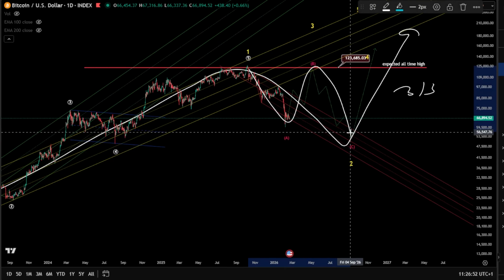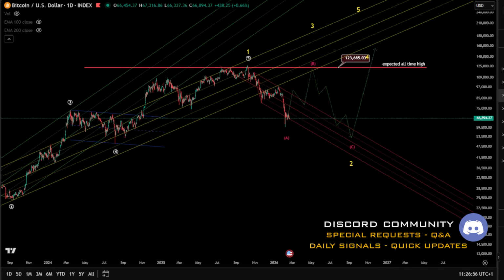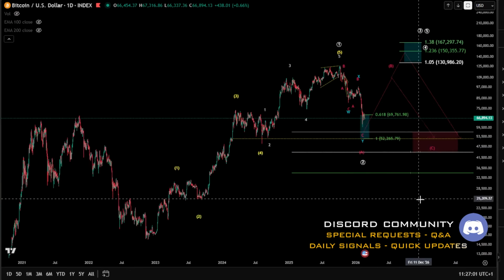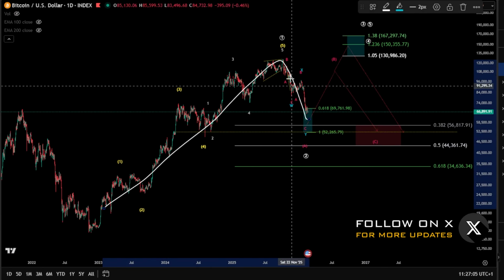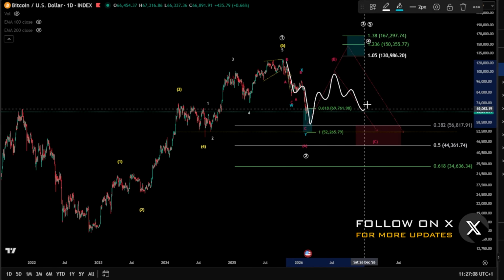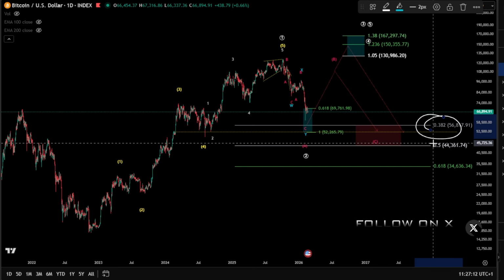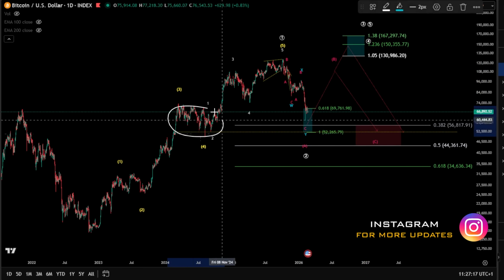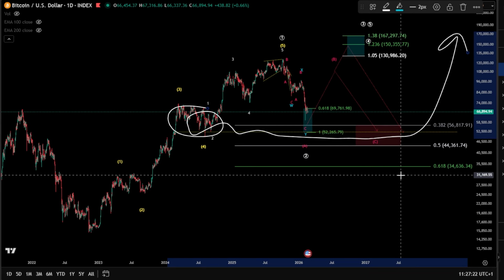But the wave 2 has to take the 0.38 here, minimum fib level, as we see, of course, in this scenario here as a flat. So our 1, 2 here, wave 1 and then wave 2 starting as an A, B, and a potential wave C here to unfold around the 0.38 fib level. Might be, of course, a regular flat shallow wave 2, preserving this very strong technical area here as a support, and then pushing for a wave 3 toward the upside.